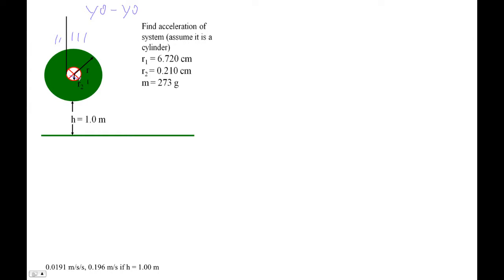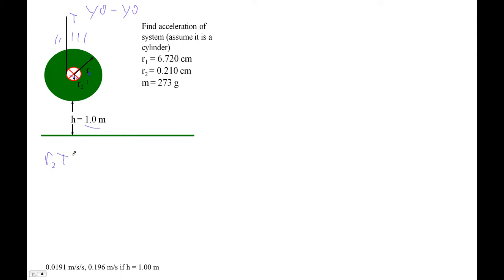We want to find the acceleration of the system. So let's do it. This just has a tension in it, right? Notice that it's not wrapped at the edge of the cylinder. It's wrapped at the smaller radius, which is R2. And then this guy's R1. Evidently my 1 sort of fell down there, but that's okay. So that's R1. This is R2. The smaller one is R2. And we know that R2